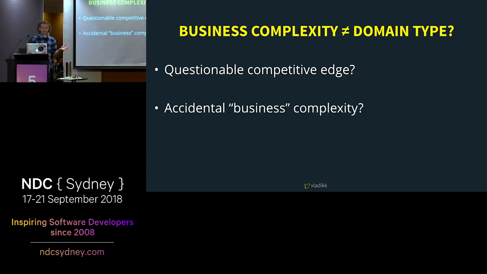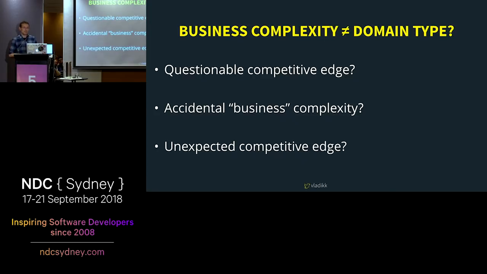There are two options. First, maybe the business people got a bit over creative with the requirements and ended up with accidental business complexity. It happens. In such a case, the requirements can and probably should be simplified. Second, it might be that the business can employ this domain to gain an additional competitive edge, but they didn't realize it yet, as it happened with our bonuses module. In such a case, you're helping your business to identify new profit sources and opportunities much faster.